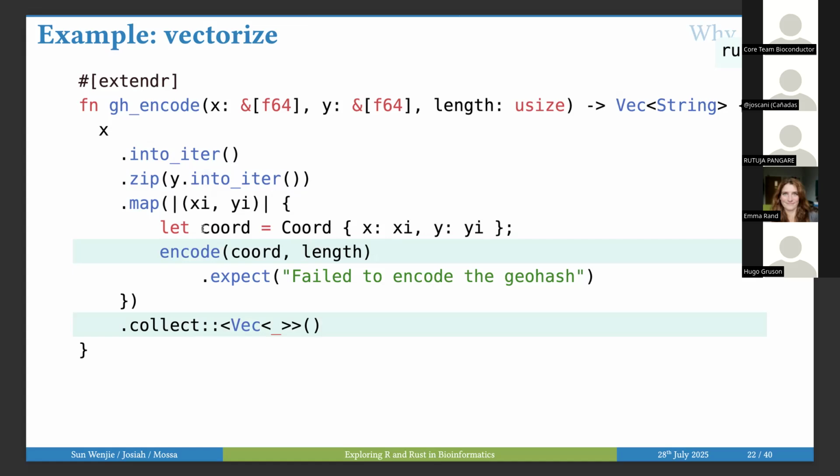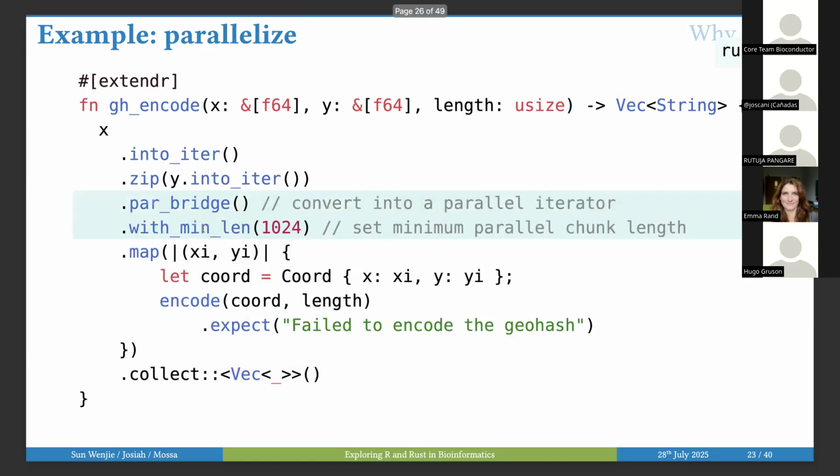Now, what's really cool is that when we've written this code, we are like 95% of the way of writing parallelized code. We only need 1 line to parallelize this. And this is saying, hey, I'm going to take this iterator and I'm going to convert it into a parallelized iterator. So I'm going to be able to chunk up this iterator into chunks of a minimum length of 1024. And now I'm going to leave the rest to do its work. And with those 2 additional lines of code, we've now written a parallelized function that can harness all threads of your machine and take whatever you've done on a single element and scale that out quite effectively.